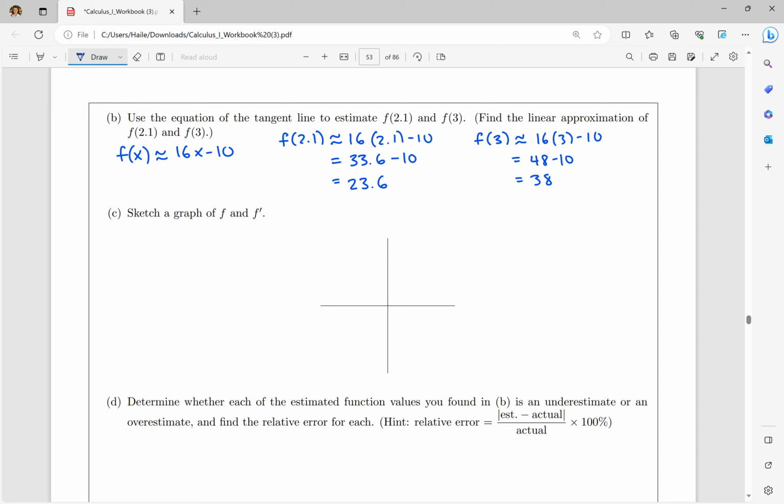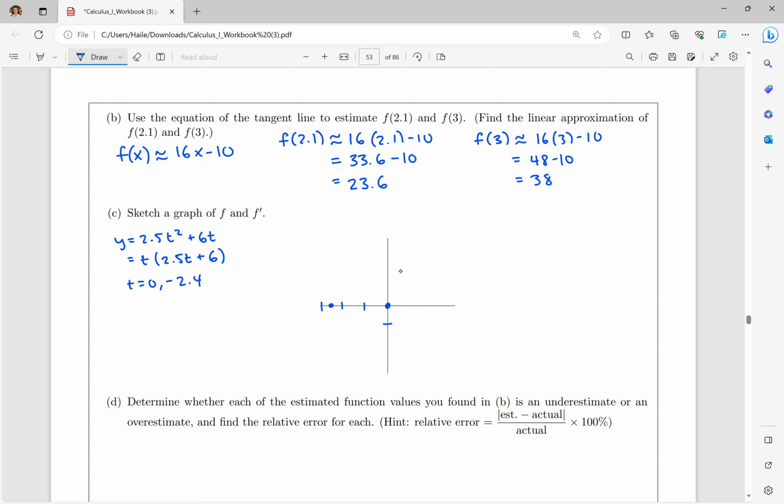So f, remember, was y is equal to 2.5t squared plus 6t. So this is going to be a parabola. We can get our x-intercepts really quick by setting this equal to 0 and factoring. So we get t times 2.5t plus 6. So this gives us t is equal to 0 and negative 2.4. So our parabola looks something like this. We have a point at 0, and we have a point at negative 2.4,